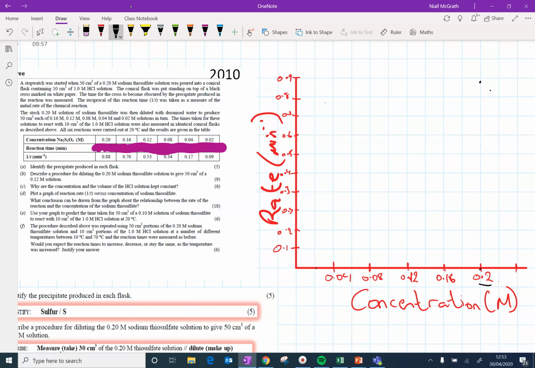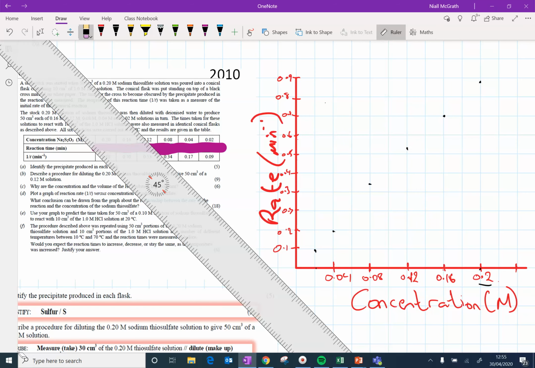Then your next point is 0.16 and 0.7 there. When we have all our points plotted like so, down along,